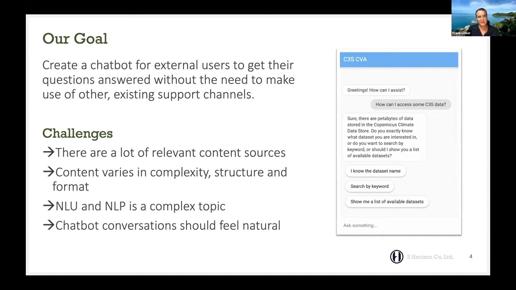There is a lot of text, and we use natural language understanding and natural language processing, and these are complex topics where we learned a lot, and we are still learning a lot. And then also the chatbot conversations themselves have special characteristics. They should feel natural. A chatbot should have some kind of personality. This is also an area where we have learned already a lot, and we will definitely still continue learning there.